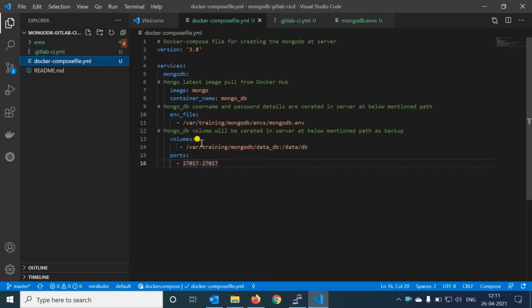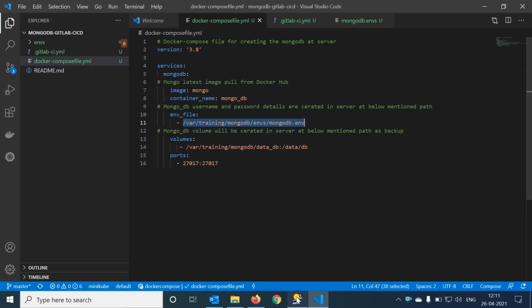For security reasons we use the environment file, and for backup we use volumes. We can give the username and DB password right here itself, but the reason I'm using an environment file is that it can be maintained differently based on the requirements of the deployment, like testing, production, development, demo. We can maintain different environment files on the different servers where we are deploying, and based on that, it takes that particular environment file and deploys. We can vary the username and password wherever needed based on the deployment type, maybe production or development, because we don't want to share them with the developers. So we use this environment file concept at that particular path in the virtual machine where training MongoDB is.